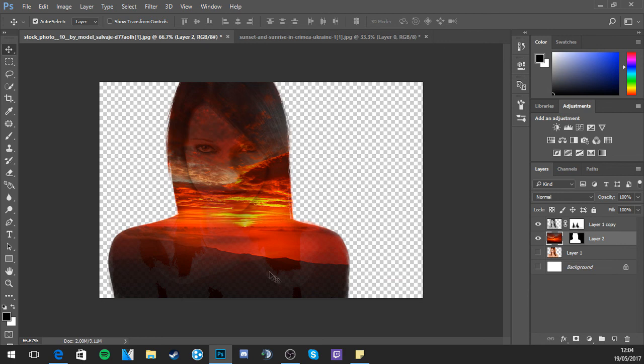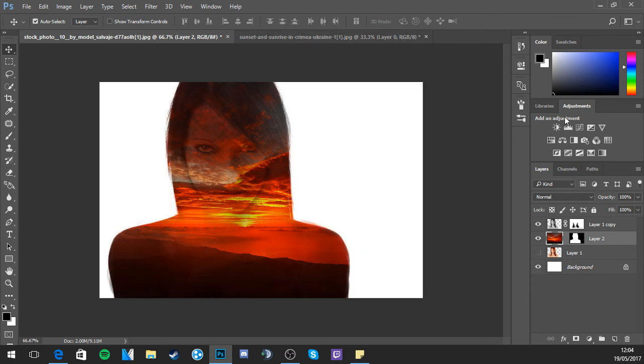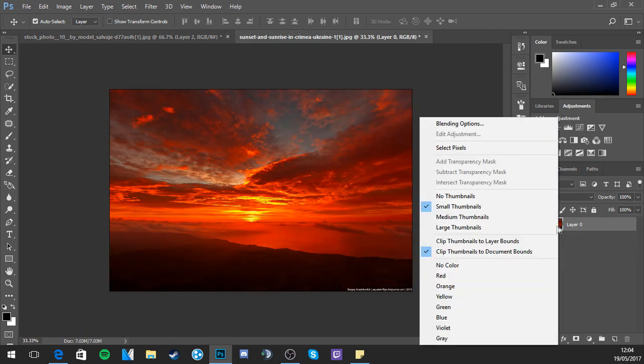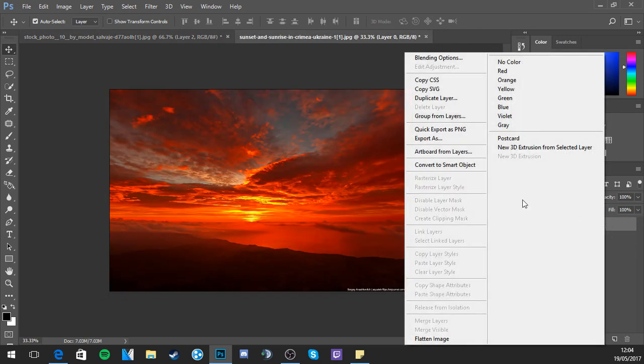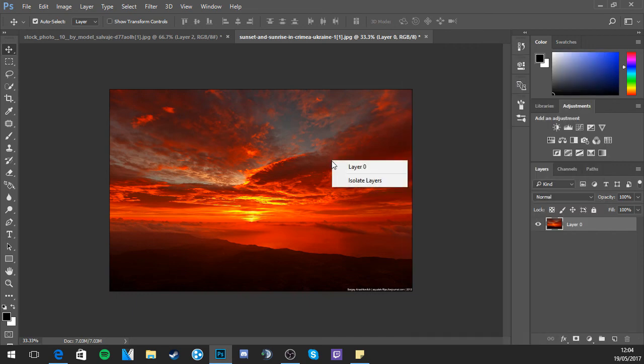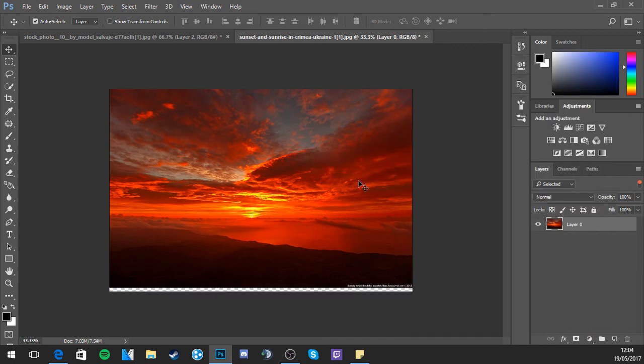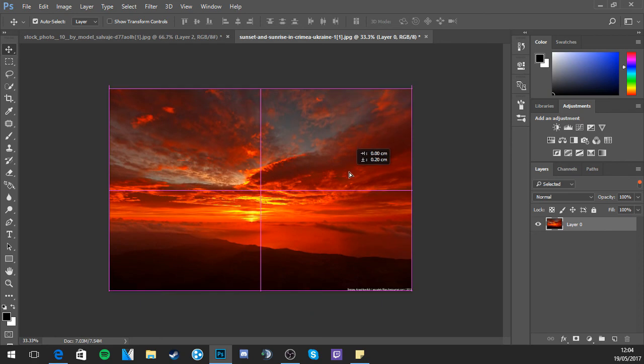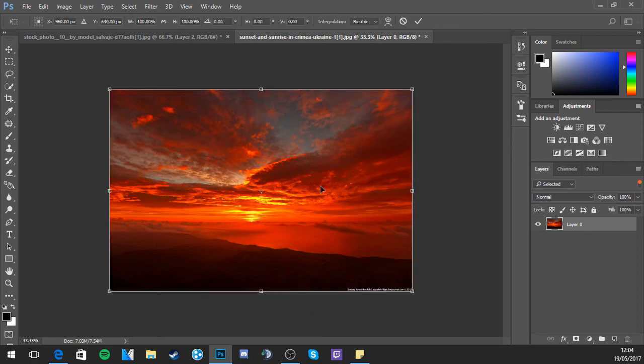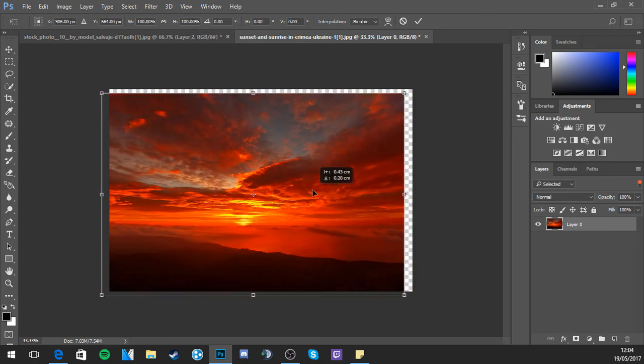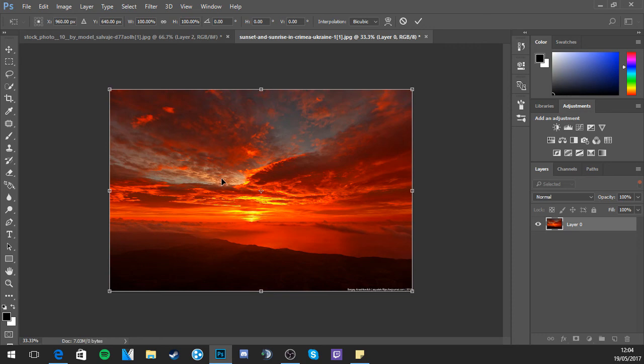Oh, look, you can see her hair and everything I did on the other one there. So we need to get this picture. There's no way to copy it. Isolate layers. There are no layers. There's only one layer. Can't do it like that.